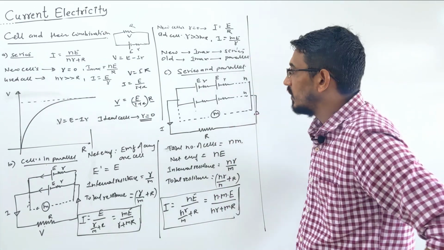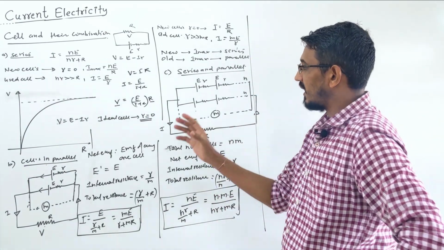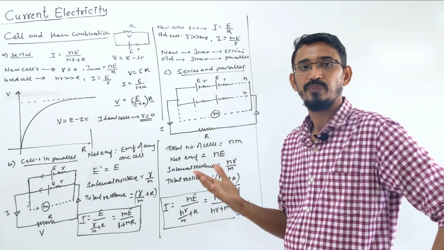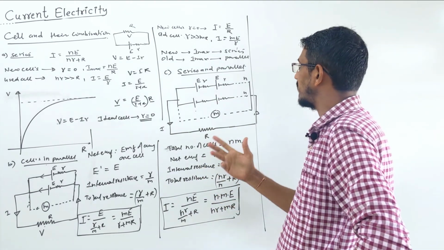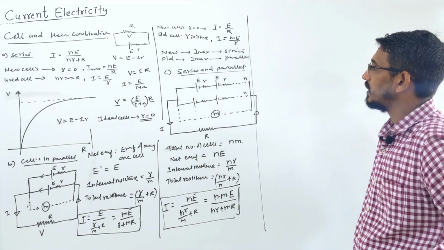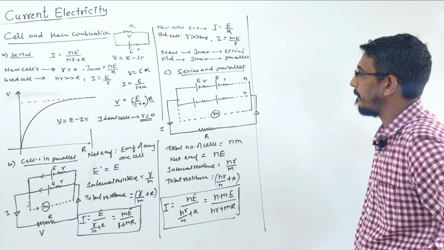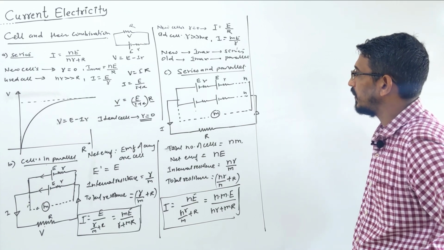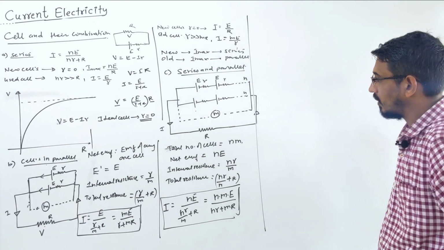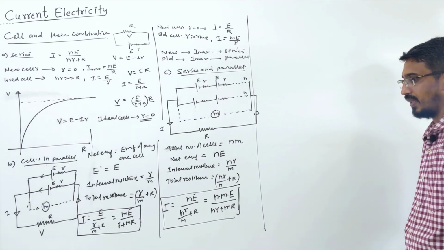Okay. So how they ask questions: they ask direct current questions, and then they ask combinations of cells. This concept we'll use. I'll give a numerical example, but let me finish these things first. So this was series-parallel that I have done. Now, power also you can discuss here. Yes, let's discuss power here.